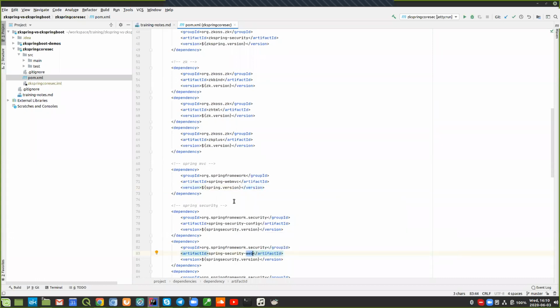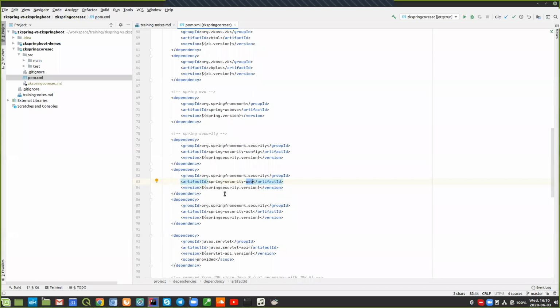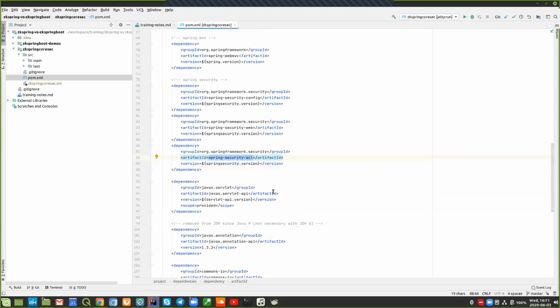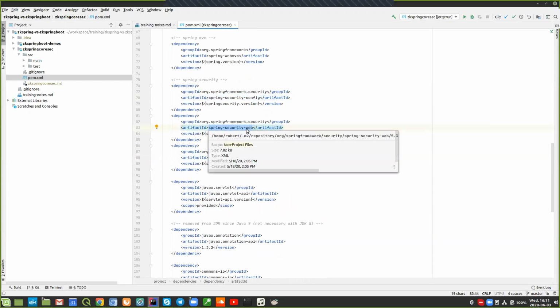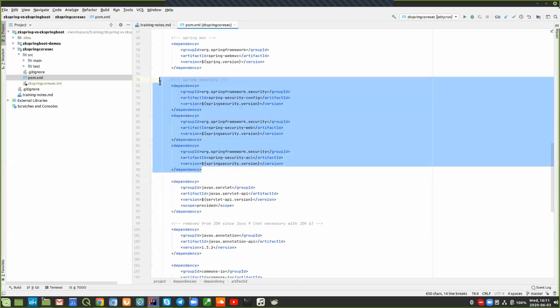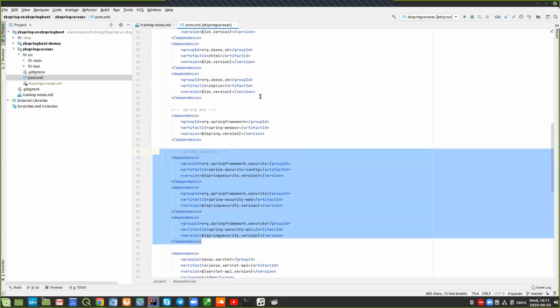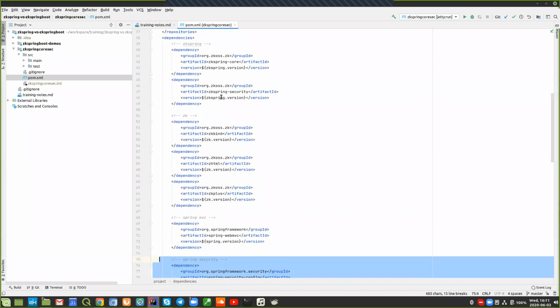And what else did we add? One of our forum users pointed out that these dependencies need to be added, the ACL and the security config and security config web. Otherwise, our project fails to build. So when you copy the example, it works. But if you try this yourself, you have to add these to get the functionality of the ZK Spring Security